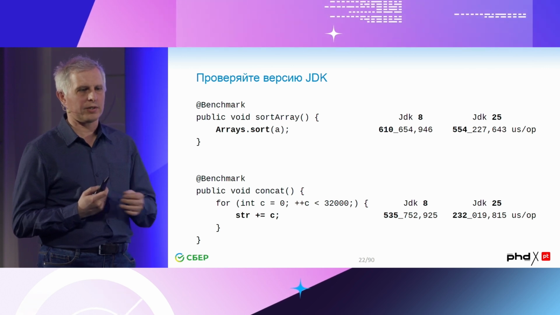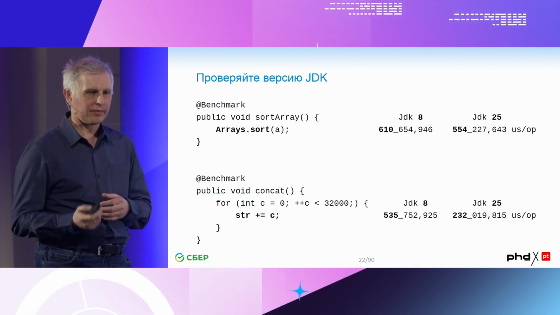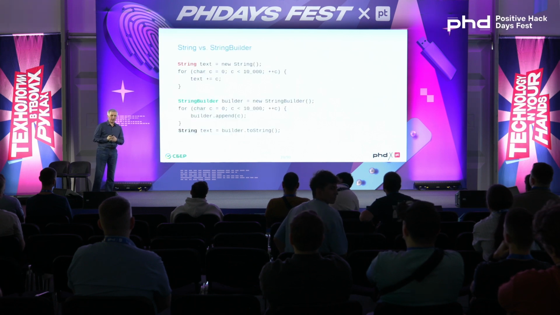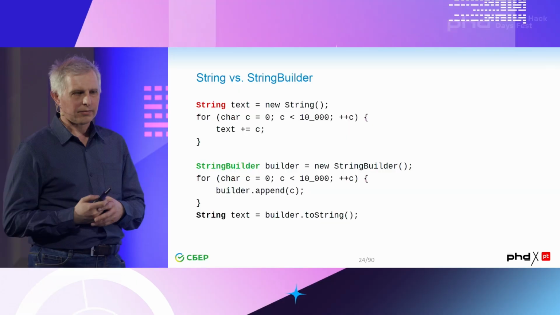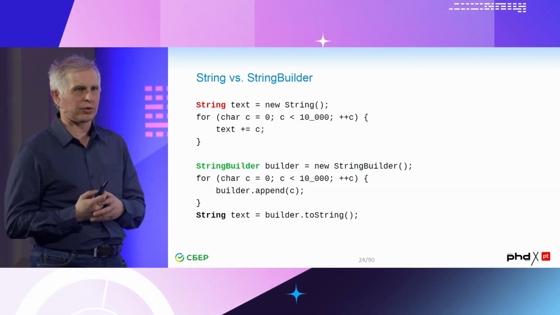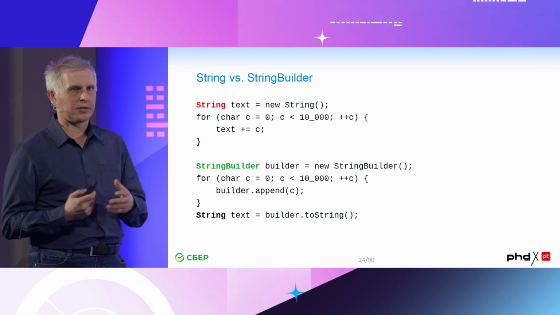And in order to do some statistics, you should at least specify the number of your version. Let's talk about strings. In Java, in order to sum up two strings, you can use plus or plus equals. For convenience, very small code, very convenient. You can take any book, like